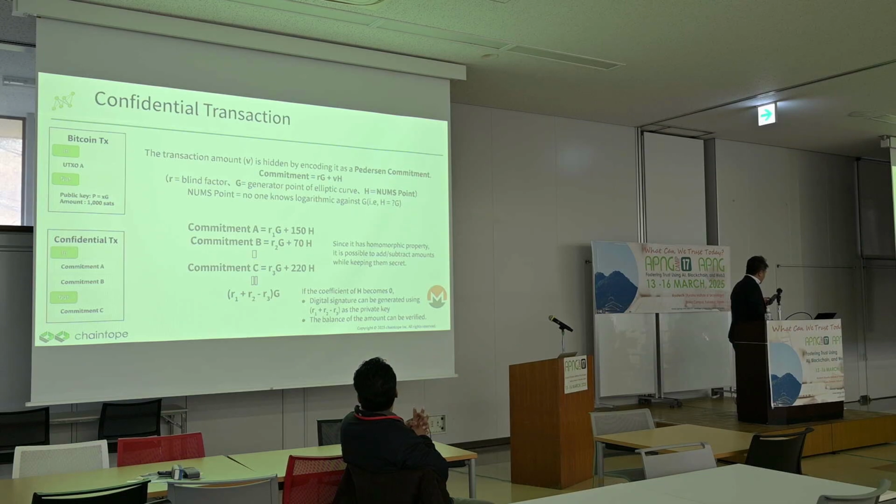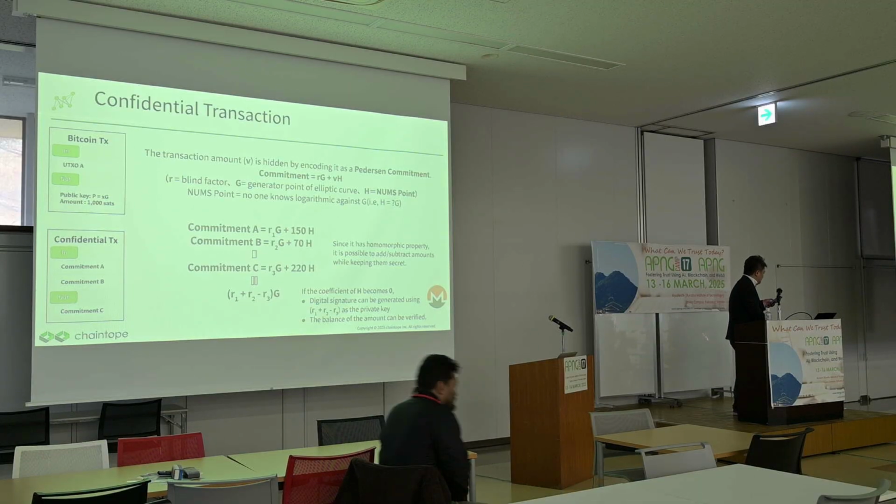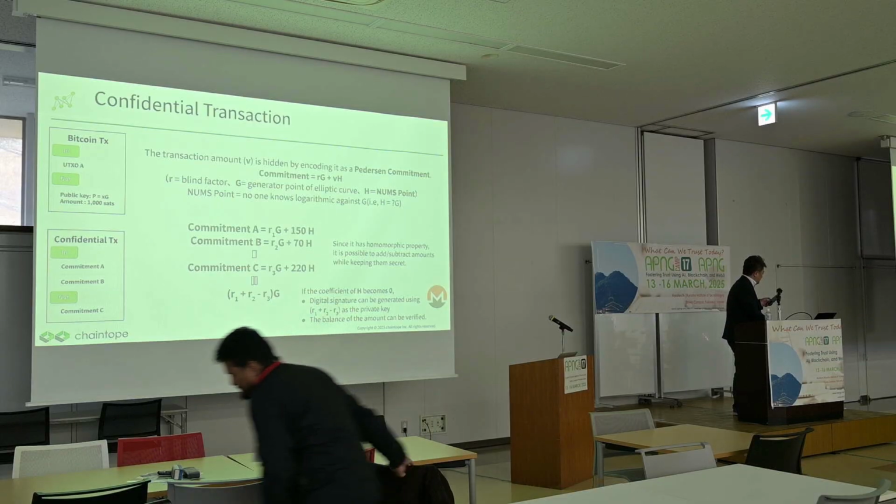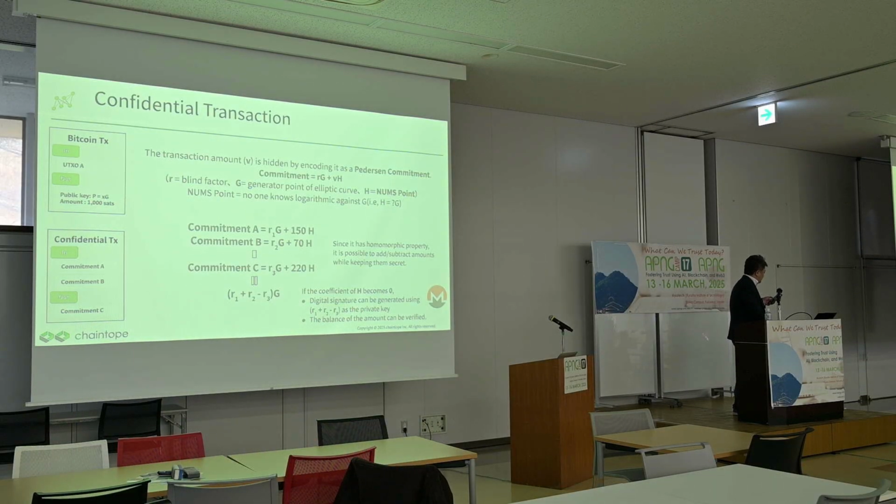Similarly, in the cryptocurrency world, we want to keep information about the amount of money transferred confidential. So a mechanism called confidential transaction was developed. It is actually used by cryptocurrencies such as Monero, which enhance privacy. In Bitcoin, the public key information and the amount are recorded directly in the output of the destination. The trade amount is visible to everyone.